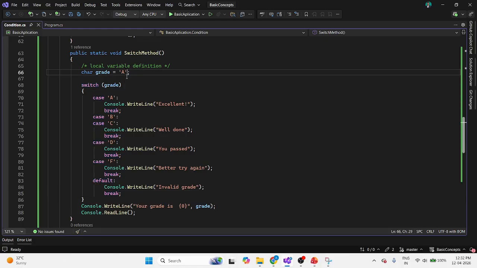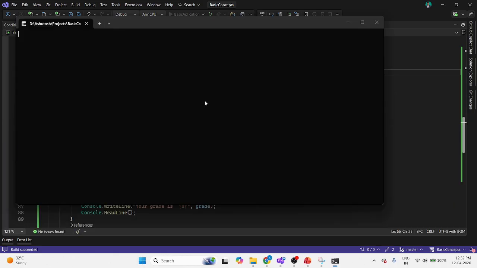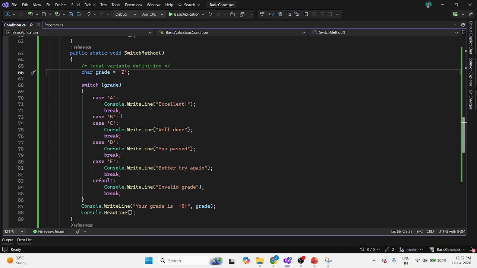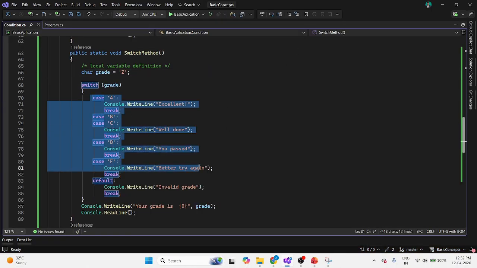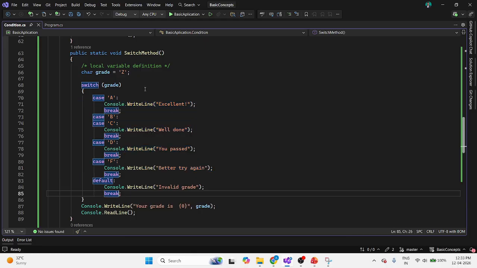Let's see, I am passing jet. You can see there is nothing in case available for jet. It will print invalid grade. You can see here your grade is jet, that is invalid, because it's not coming in any case. If all the cases do not satisfy, then it will come in the default. Okay,